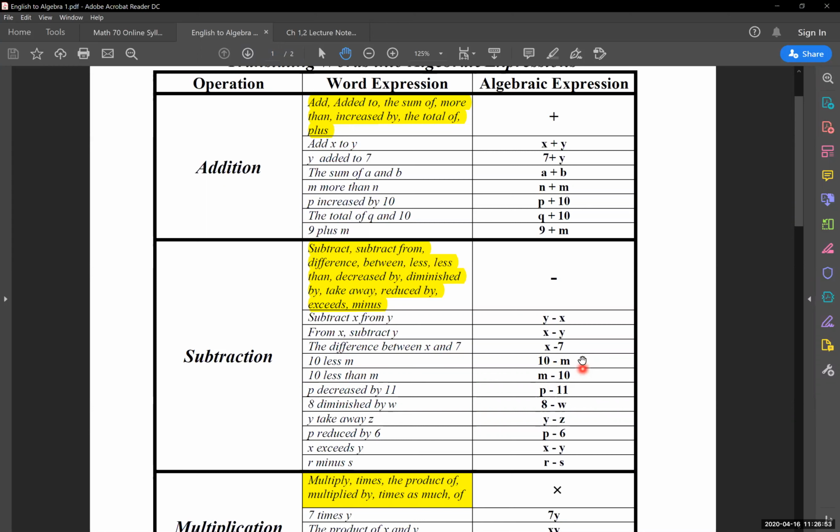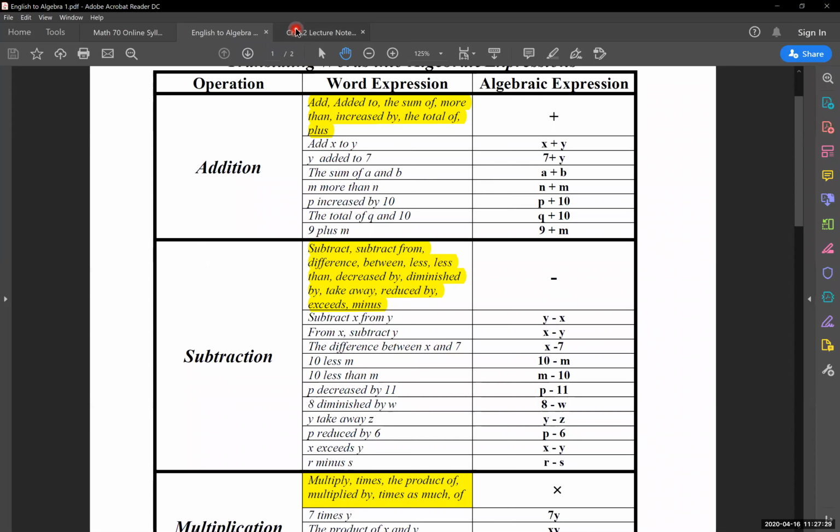When we're actually working with a problem, if you do need or want to take a look at these, they can be found on our Canvas site. Go into Files, Useful Files. This is the English to Algebra 1 PDF. So I highly recommend, if you're going through this section or any of these chapters and you're saying, I'm struggling with trying to figure out how to translate what I've been given into some kind of an algebraic expression, go download this file for yourself. That's why it's here. I want you guys to use it. Okay?